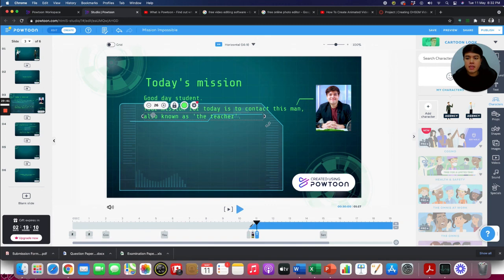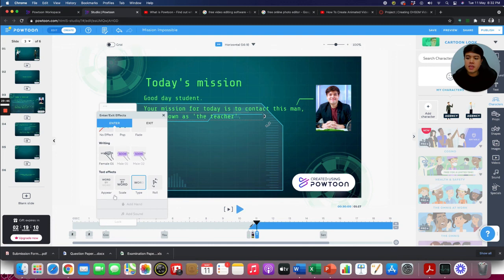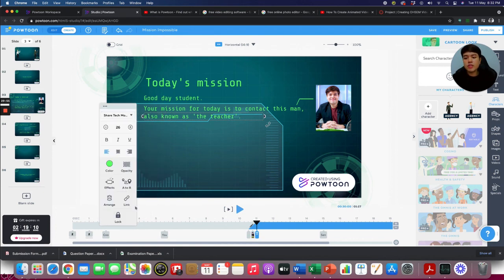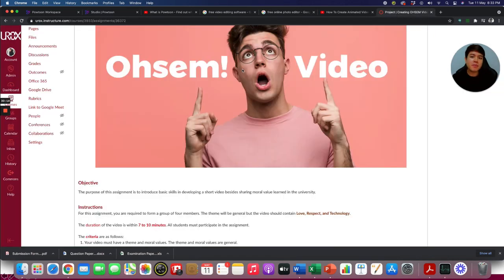And then the wordings, okay, if you want the effects, okay, it can be word by word here, type, for instance, and then don't forget bounce, whatnot, going up, going down, whatnot. You can always choose the effects. Okay, more or less the same as what you have with your Microsoft PowerPoint now. But definitely with Powtoon here, it is more interesting and it will be more colorful, okay, with characters, whatnot. And this is what you will be doing in order for you to complete one more time this, all right,